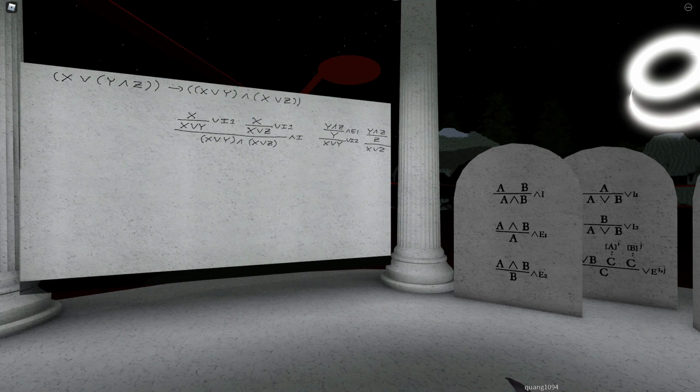And the and introduction rule then gives us x or y and x or z. And this doesn't quite line up beautifully, but actually, this line needs to be even longer. So the way we then put these together,